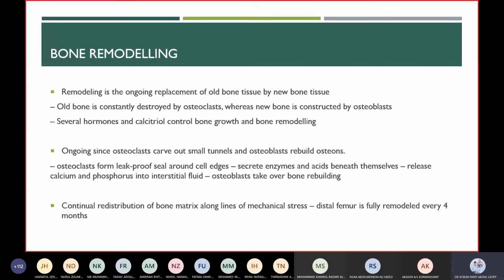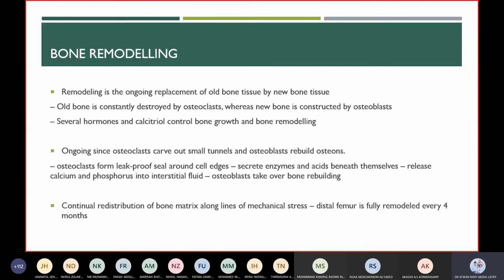The osteoblasts will take over and then rebuild the bone at the area. Okay, so continual redistribution of bone matrix along lines of mechanical stress. For example, the distal femur is fully remodeled every 4 months. Okay, so what this means is that although we don't have bone growth in length anymore, bone remodeling or bone